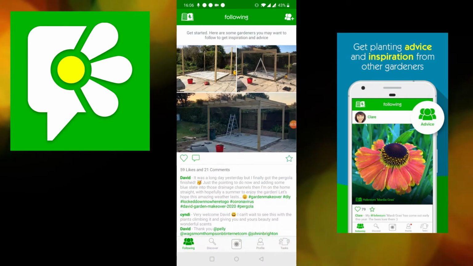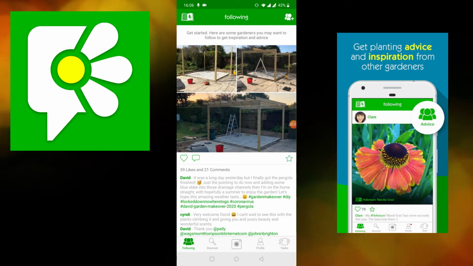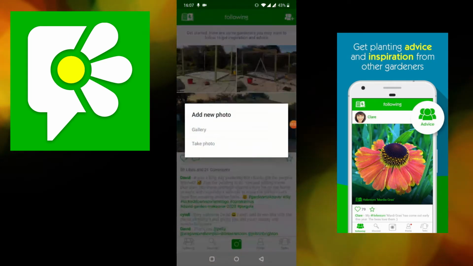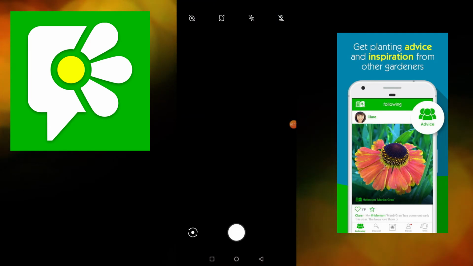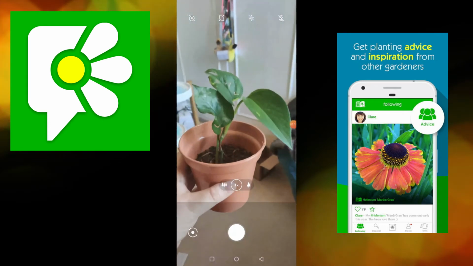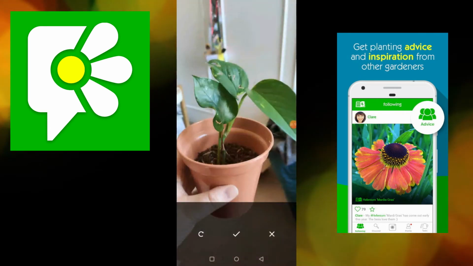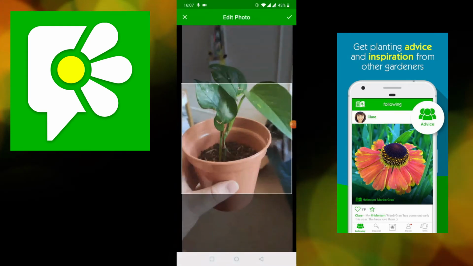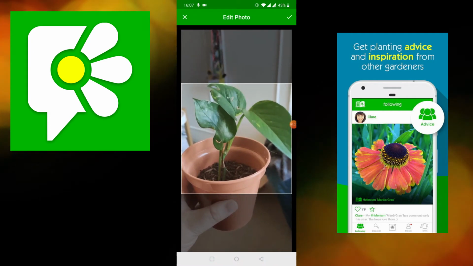When you connect for the first time, it's going to ask you what kind of gardener you are, if you are indoor only, what you want to grow, if you want to grow flowers because they're beautiful, or if you want to grow your own vegetables or things like that. How it works is you click on the little camera and either add a photo you already have or take a picture. I'm going to click on take a picture, and I'm going to click on my little photos. Here we go. I'm going to just select